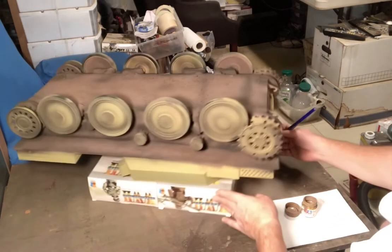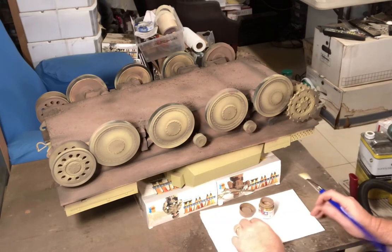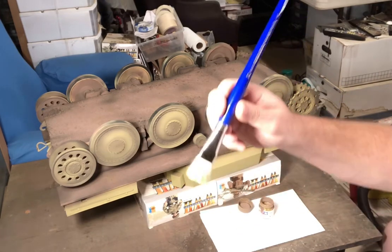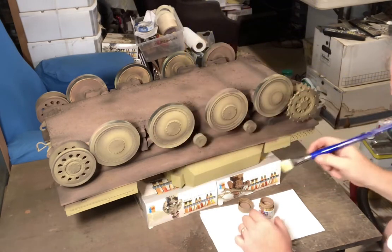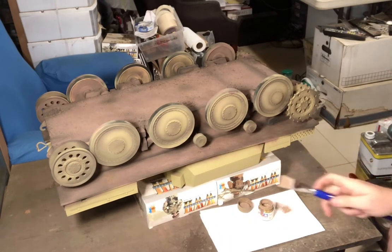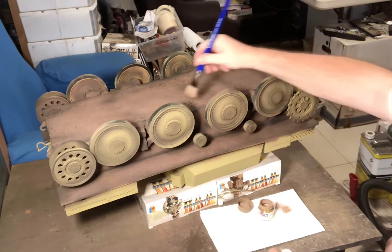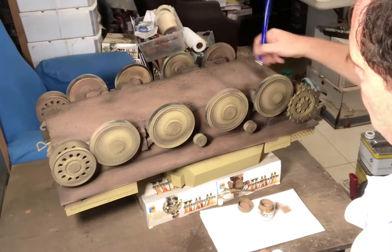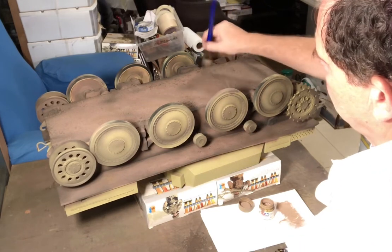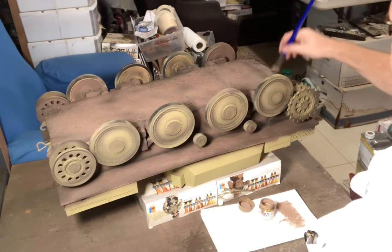Then the first pass through on dry brushing, and I just put 3 or 4 pieces of paper towel here. I'm using here a cheap Blick Scholastic Wonder White brush, size number 20. My first mix to go over would be 50% buff and 50% flat earth, which was the color I used underneath. Here it's not gonna show much because it's in the underside of the vehicle, but again, in these closer areas,